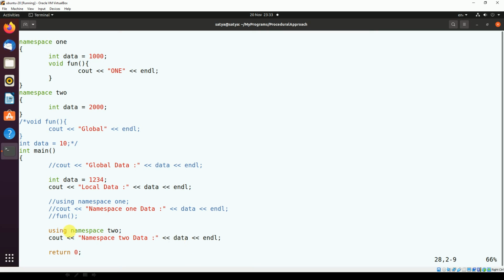Because whenever you are using the directive method, if the namespace content name and the local variable name are both sharing the same name, then the priority will always be given to the local variable, not to the global variable. Okay, this point also we have to remember.